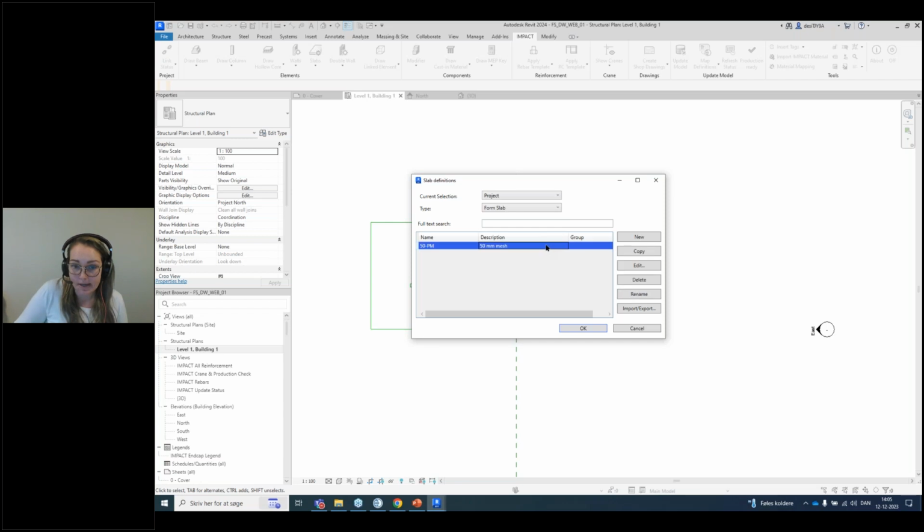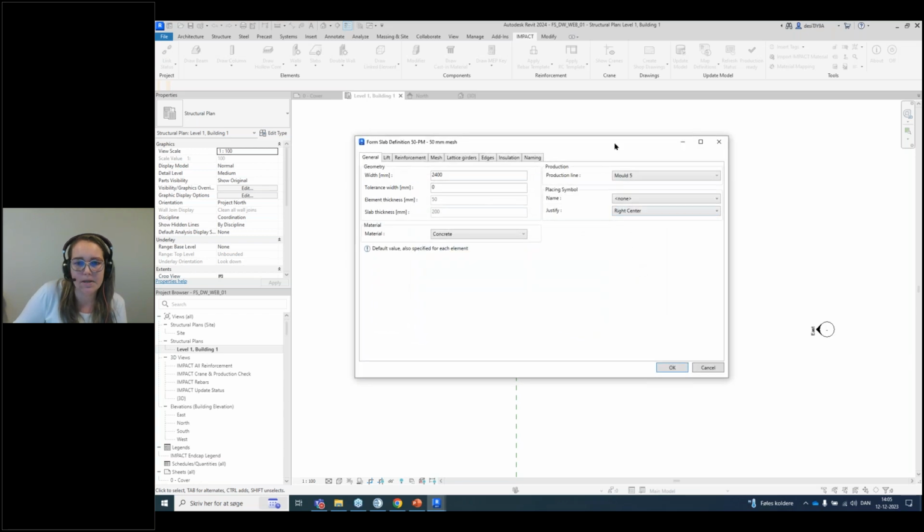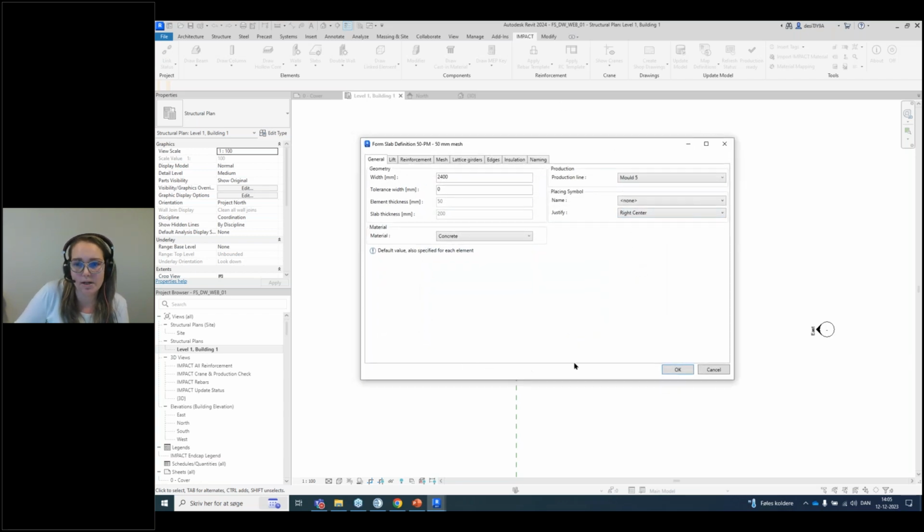Everything in Impact, also in Impact Revit, would start with the definition. It's really great to invest time in a definition that you go through with well documented parameters in it. What we mean is that if we go in here, we can see how the Formslab definition looks